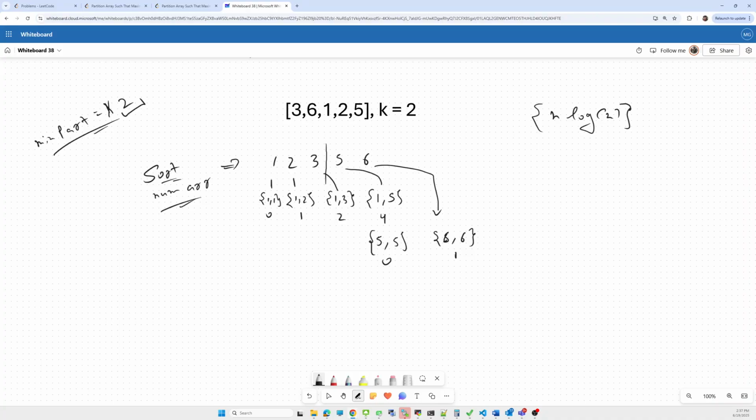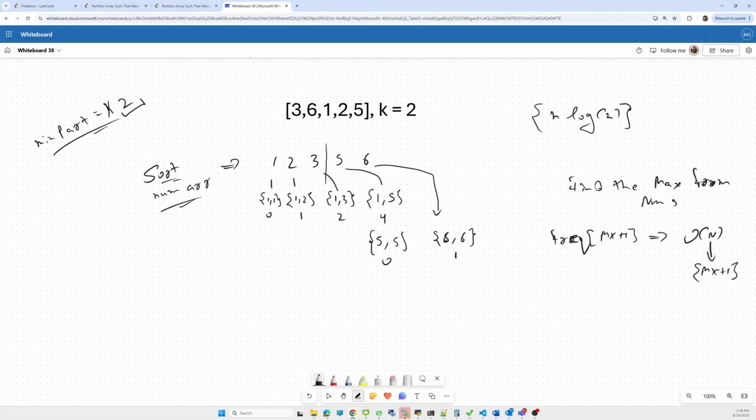Okay, first find the maximum from nums. Now create a vector, meaning take an array of frequency of size max plus 1. Initially, for each value just mark it as true. So it will work in O(n), and n will be max plus 1, whatever the maximum value in this.